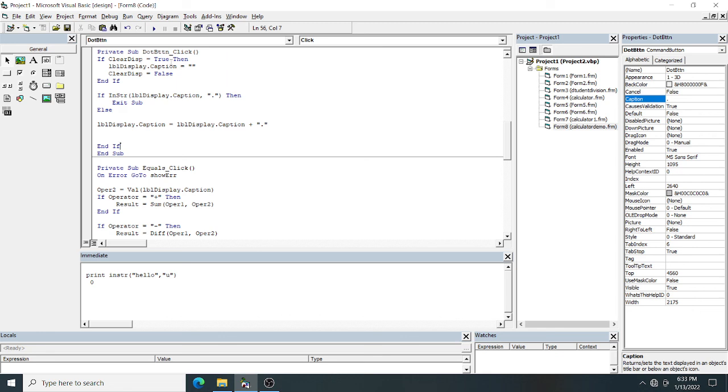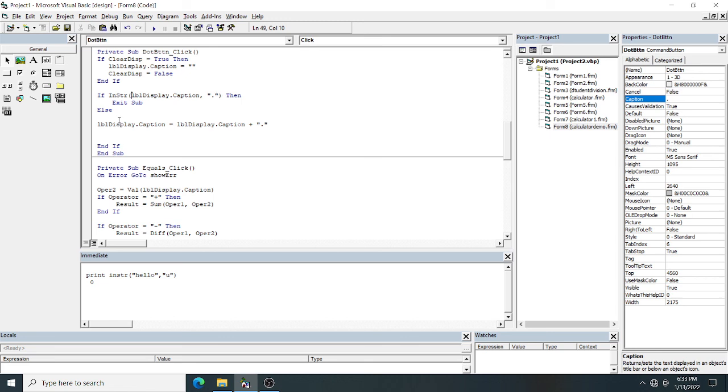If the clear display is true, what you have to do: label display dot caption equal to null and clear display equal to false. This code is only meant for clearing the display. After that, the instr function will check whether lbl display dot caption has any decimal point. If a decimal point is already there, as in 25.26, we don't want another point.